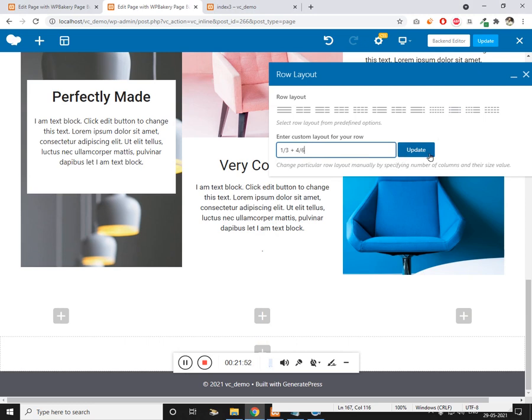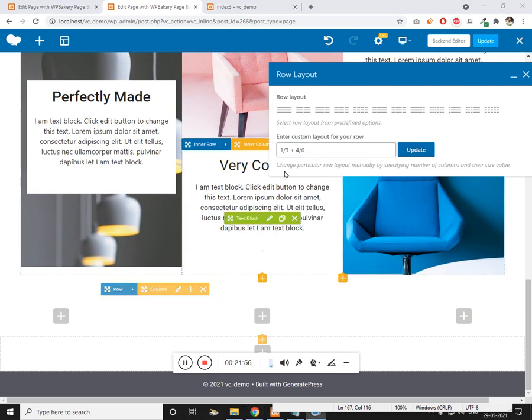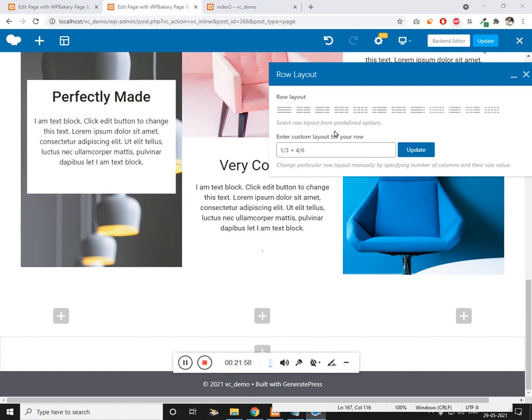And in case you are wondering how I get 1/3, I want 40%. So in this grid, which looks like 40%, I'll choose this 1/3, and the remaining part is over here, 4/6, so that makes 40 and 60.